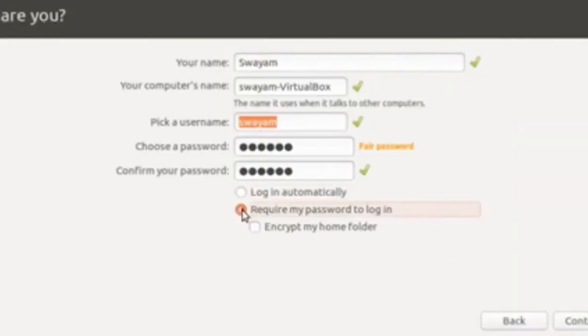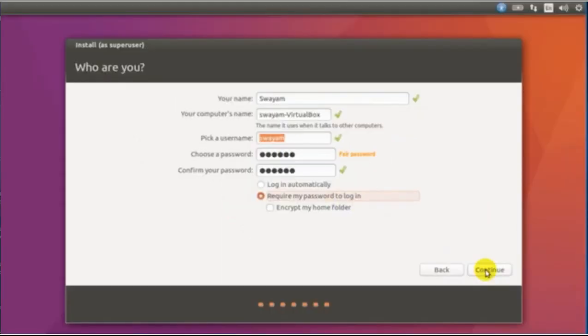Enter the password and confirm password, which must be the same. This password will also be used for the sudo command, which is used for root access. You can select the login option whether you want to log in automatically while starting or want to enter the password before login. Select accordingly. Once all done, click on the Continue button.